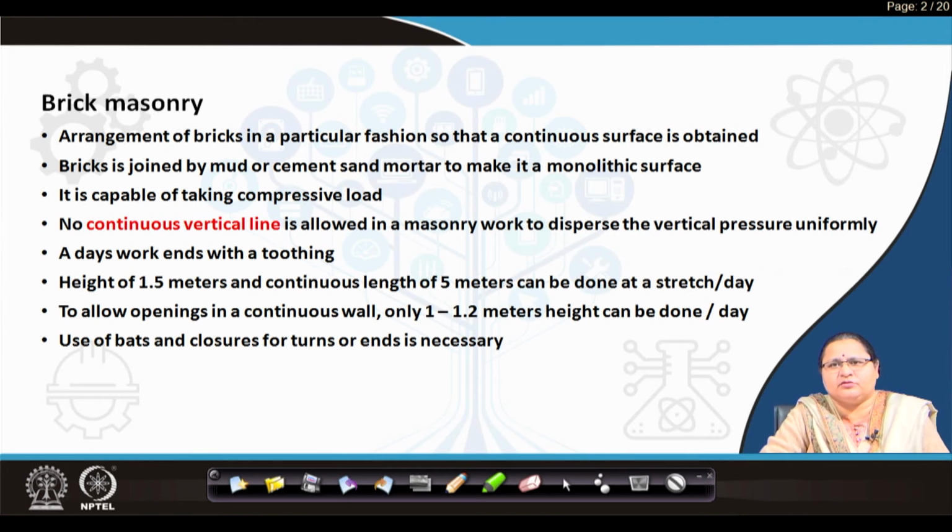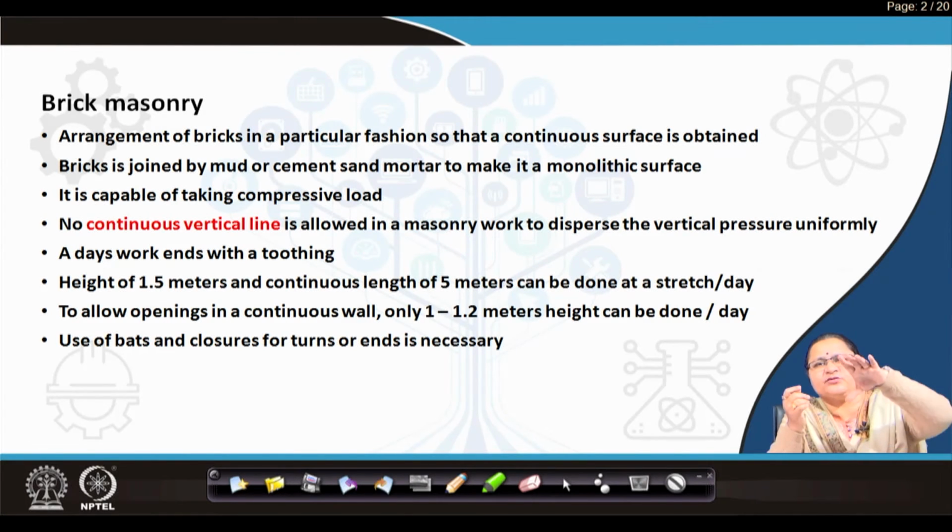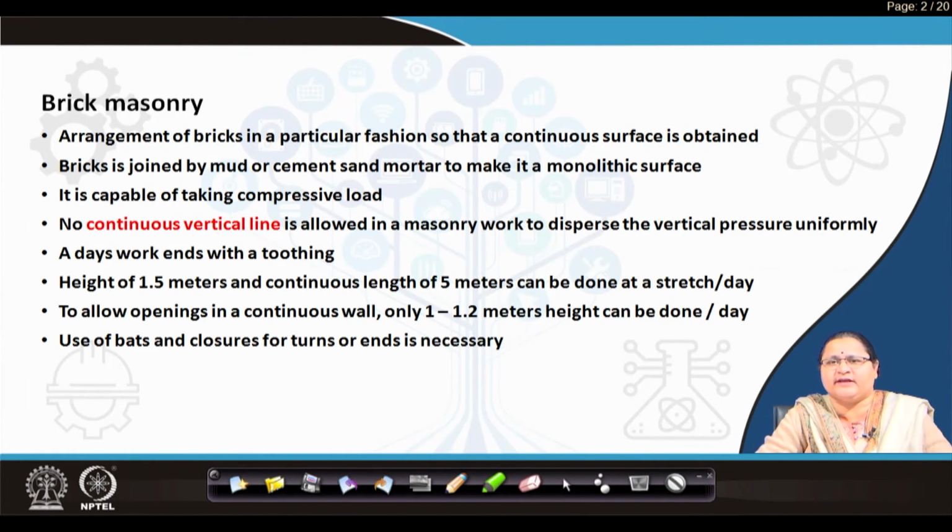Now, let us come to the other part, which is the brick masonry, which is the arrangement of these bricks, because we have seen brick as a very small unit, and if you look into the dimension of the brick, what you find? It is around 5 inches, which one person, an adult person, can hold in one hand. It is 2.5 kgs, which any adult person can lift. So, he can use unit by unit and make his construction together. So, it can be done by a single person, brickwork.